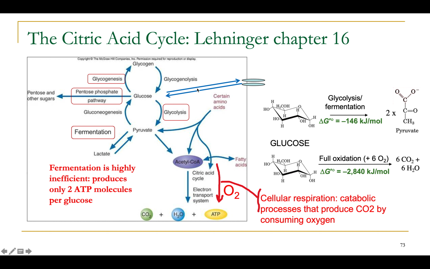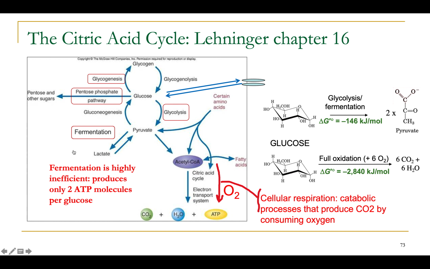Once cells consume glucose, it can be drained down the glycolytic pathway to bring it down into smaller tricarbon pieces, which are called pyruvate. In anaerobic conditions, as we discussed, the reducing equivalents which are generated from glucose during the pyruvate production are turned back on pyruvate to reduce it to either lactate or ethanol and CO2, which are respectively called the lactate or ethanol fermentation process. And these are the processes that cells can use to produce energy from glucose in anaerobic